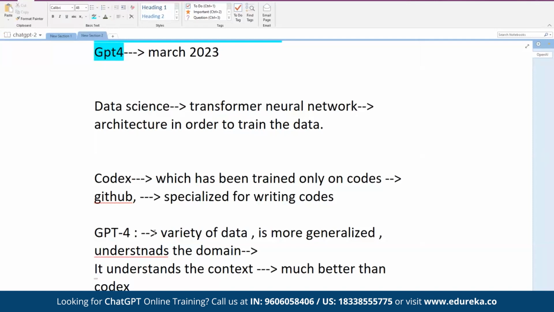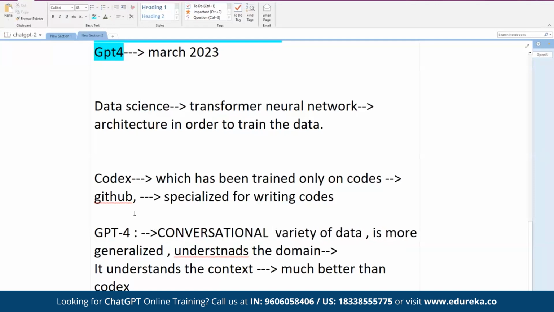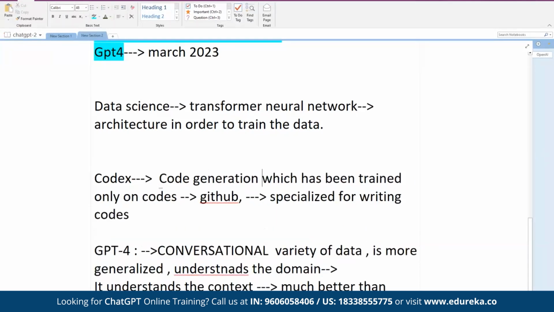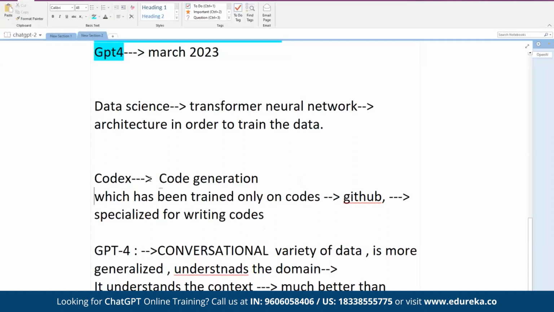In technical terms, we say ChatGPT 4 is more conversational, whereas Codex is more for code generation. You can utilize Codex for code generation also. GPT-4 is more conversational and has been trained on various things. Therefore, ChatGPT-4 is being utilized by a wider audience than Codex.